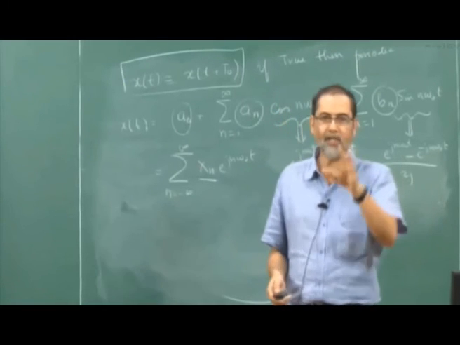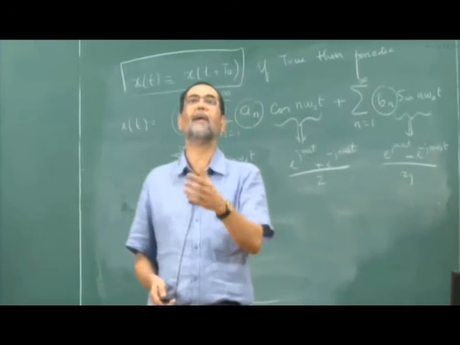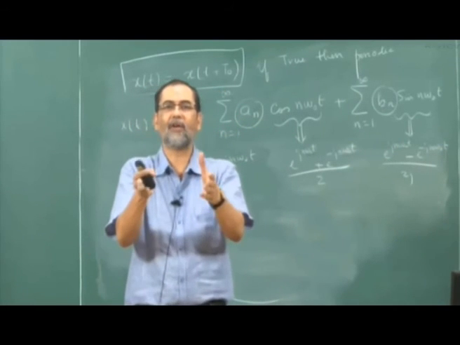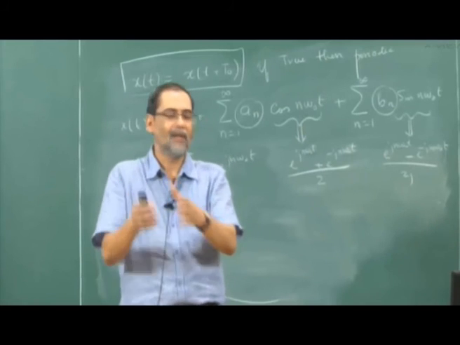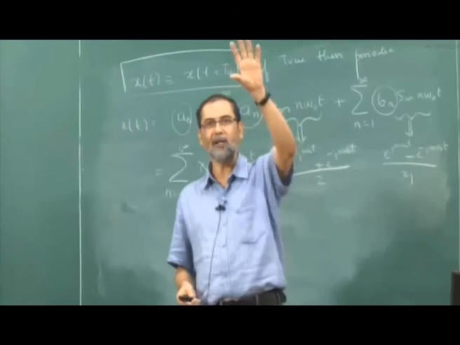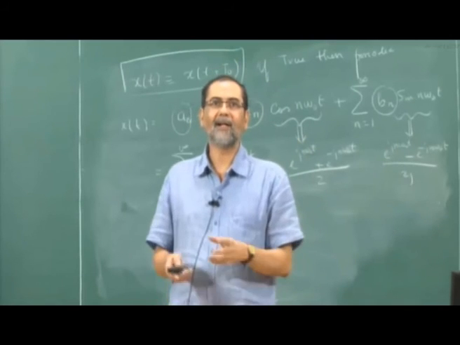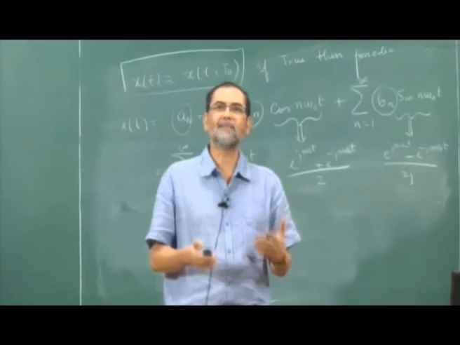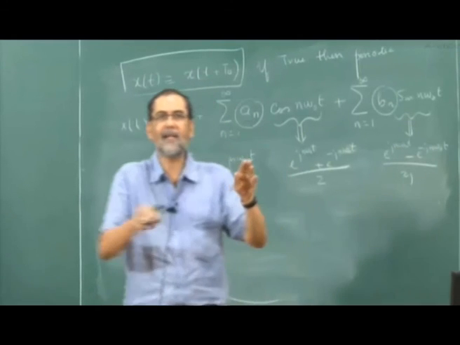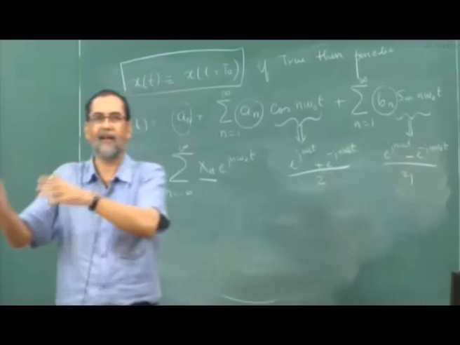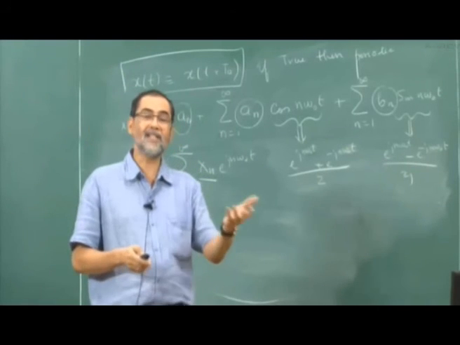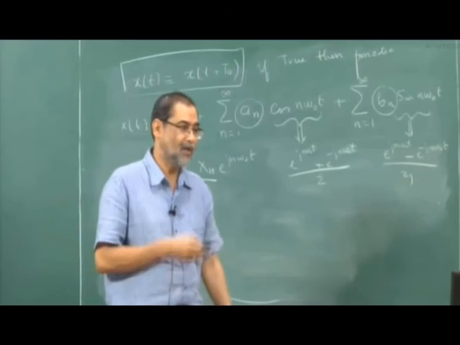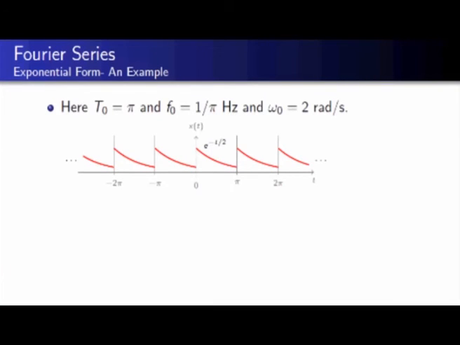X of t is an exponentially decaying signal e raised to minus t by 2, defined for time between 0 to pi. So at time t equal to 0 the value is 1, because e raised to minus 0 is 1, and at time t equal to pi it is e raised to minus pi by 2. So this basic function is repeated every t naught seconds. In this case t naught is pi, I've expressed t naught as pi. So you see that I sketch this function repeatedly. By repeating this function I create a periodic signal, an arbitrary, strange looking periodic signal,